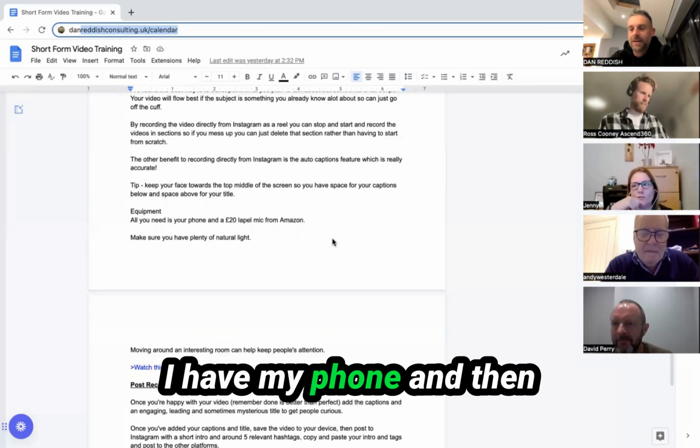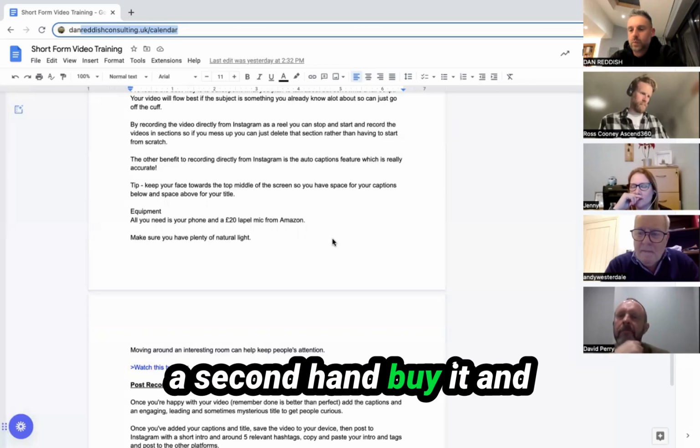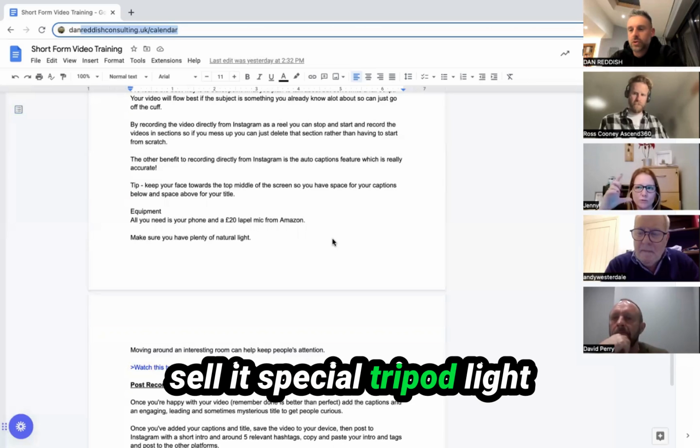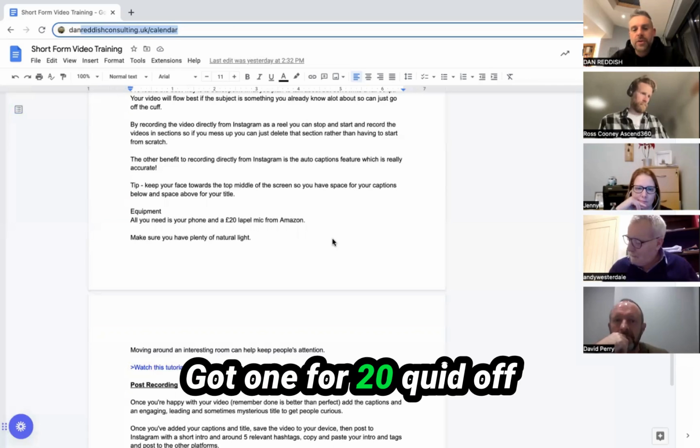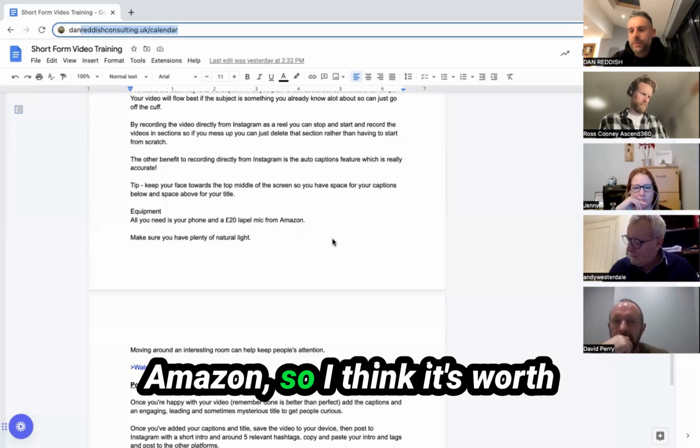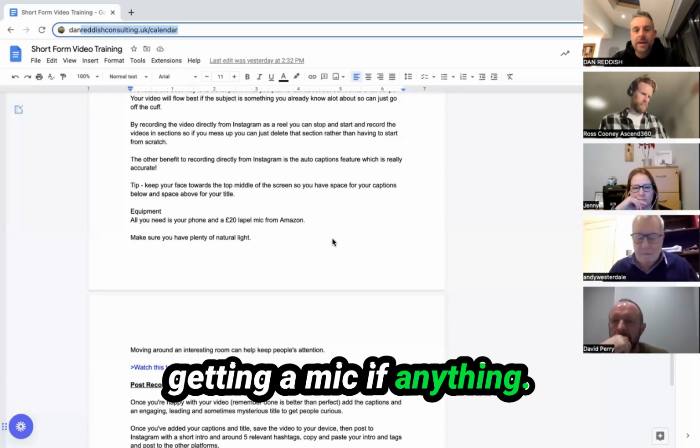I have my phone and then a second-hand buy it and sell it special tripod light mirror thing. That's it. No mic. Got one for 20 quid off Amazon, so I think it's worth getting a mic, if anything, because I think